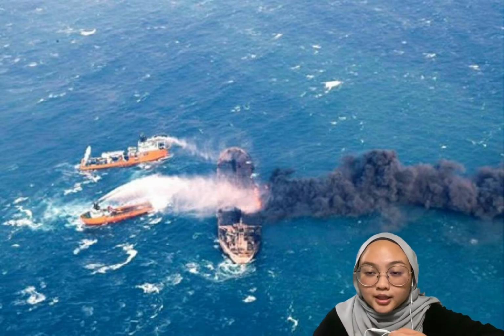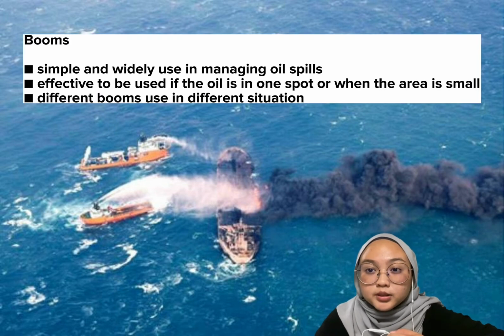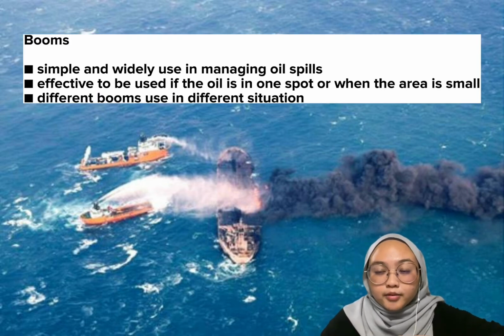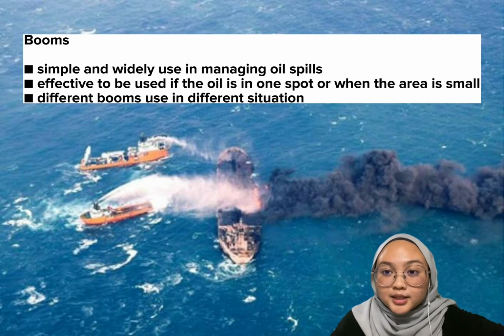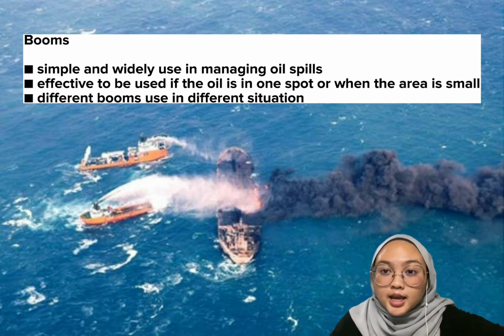One of the methods to contain oil spills is by using booms. Booms are floating barriers which are used in marine spills. It operates as a barrier to keep and prevent the oil from spreading and moving away. Boom is a method that is widely used in managing oil spills because of its simple design and easy to